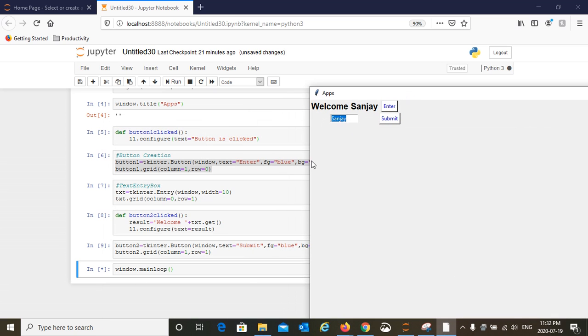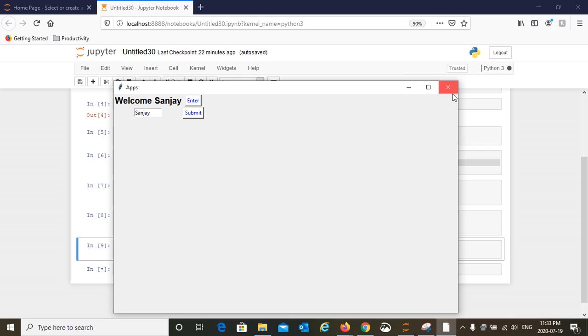The command for that was txt dot get: whatever variable you assign when you create the instance of this, that dot get will get whatever you enter in the text box. That's how the text entry box works. Okay, let us close this and let's go for more fun.